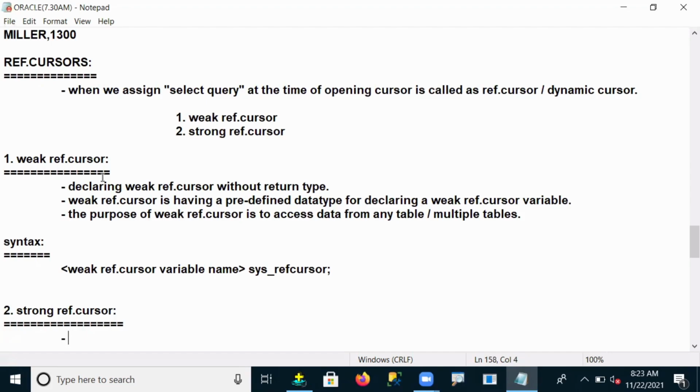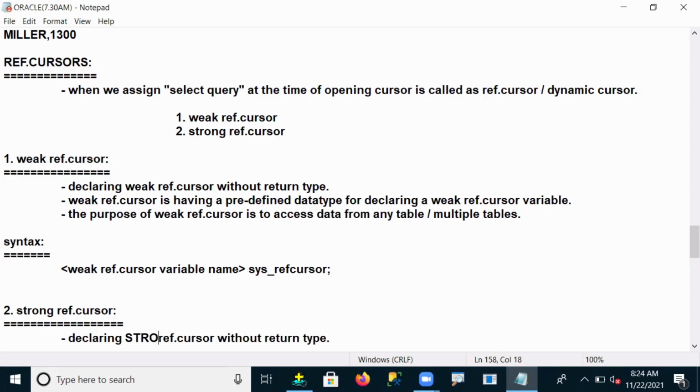Here I said the weak ref cursor is declared without a return type. But whenever you want to declare a strong ref cursor, compulsorily we should have a return type.